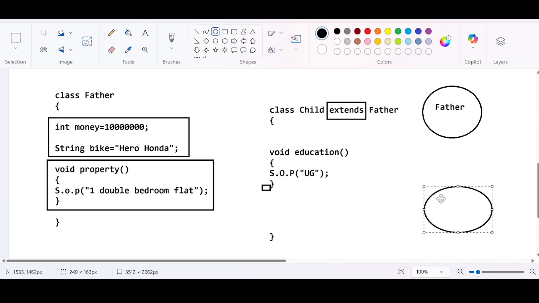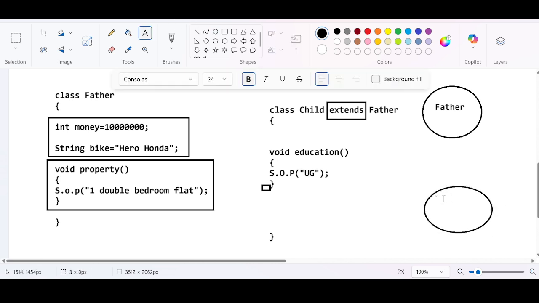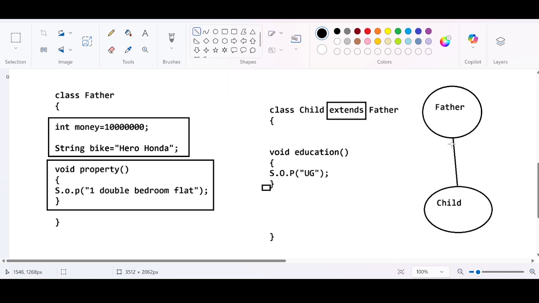This can be the child class. Okay, so I'm taking the child as child itself. Since I'm using the extends keyword, there is a relationship, which means the child has access to all the properties and behaviors of the parent class. The child class has access to these variables, this method, as well as this method,